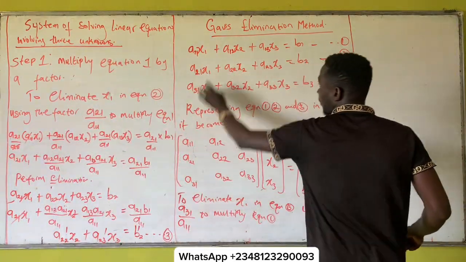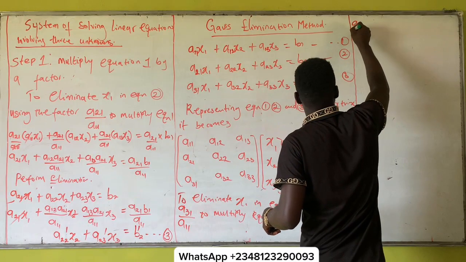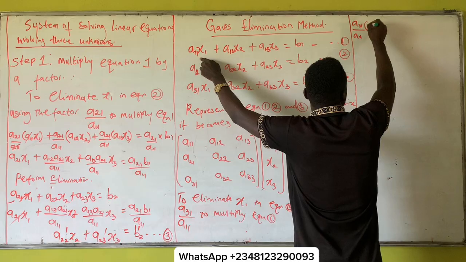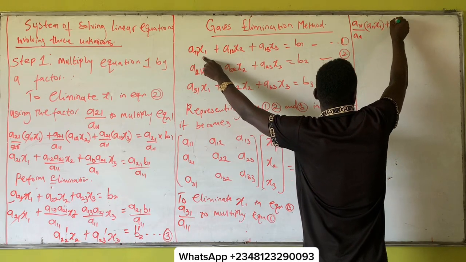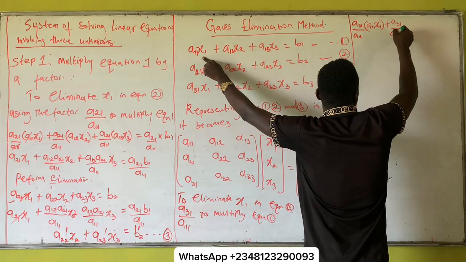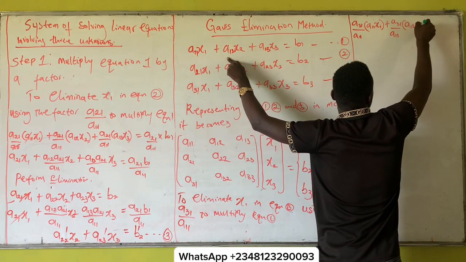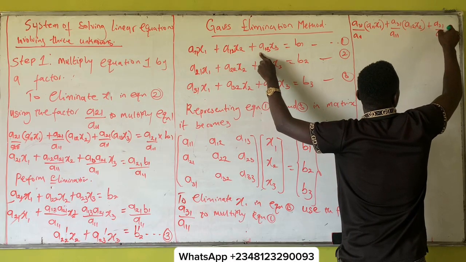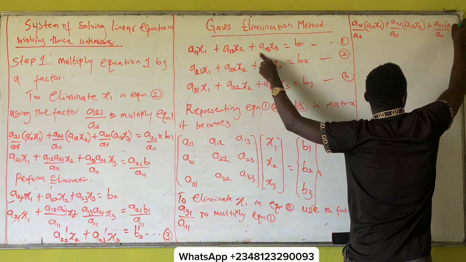If we use this to multiply equation 1, we are going to have A31 over A11 in bracket A11 x1, plus A31 over A11 in bracket A12 x2, plus A31 over A11 in bracket A13 x3,